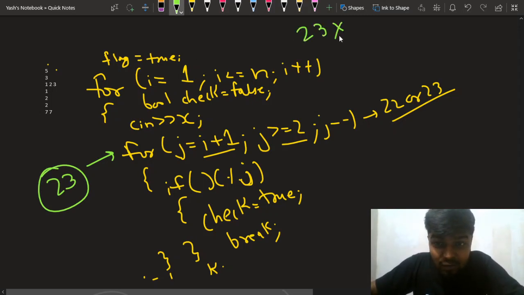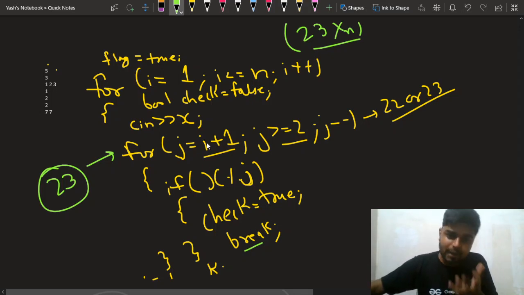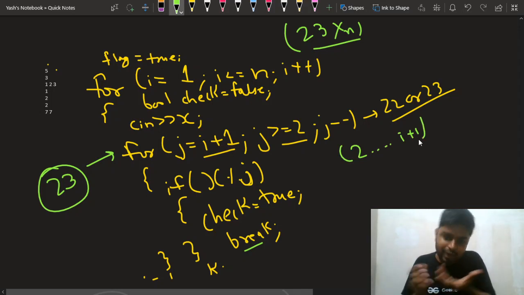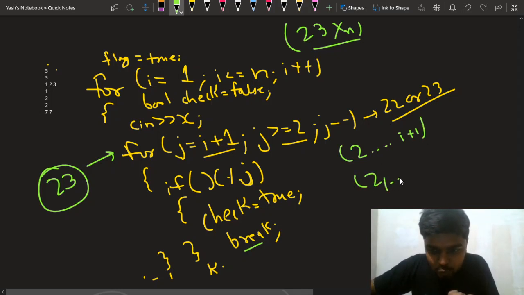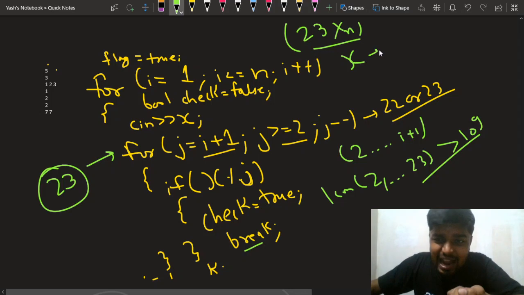So 23 into n will be the time complexity for this loop, because you are also breaking, right? And you can see that if a number is divisible by all the numbers from 2 to I plus 1, it should also be divisible by the LCM, right? But the LCM of numbers from 2, 3 up till 23 is coming out to be greater than 10 to the power 9, and the value of x is at maximum 10 to the power 9, right? So if x is lesser than 10 to the power 9, and my LCM is coming out to be greater than 10 to the power 9,